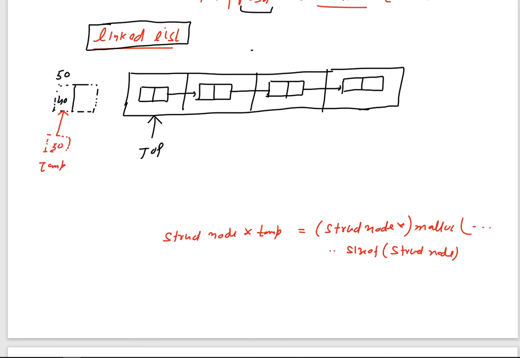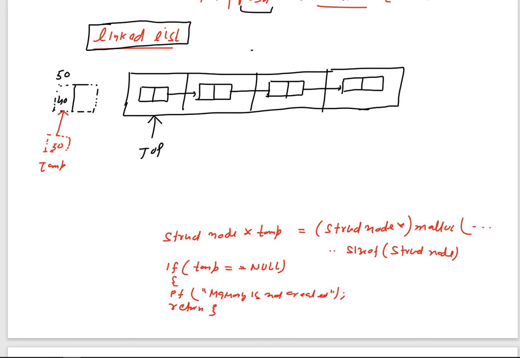Now what do I need? I just need to check first whether this particular structure has actually been created or not. So how are we going to write it? If this structure that we have just created is equal to null, meaning the structure has not been created, then there is some error, right? So it means that we can write that memory is not created, and we simply return from here.